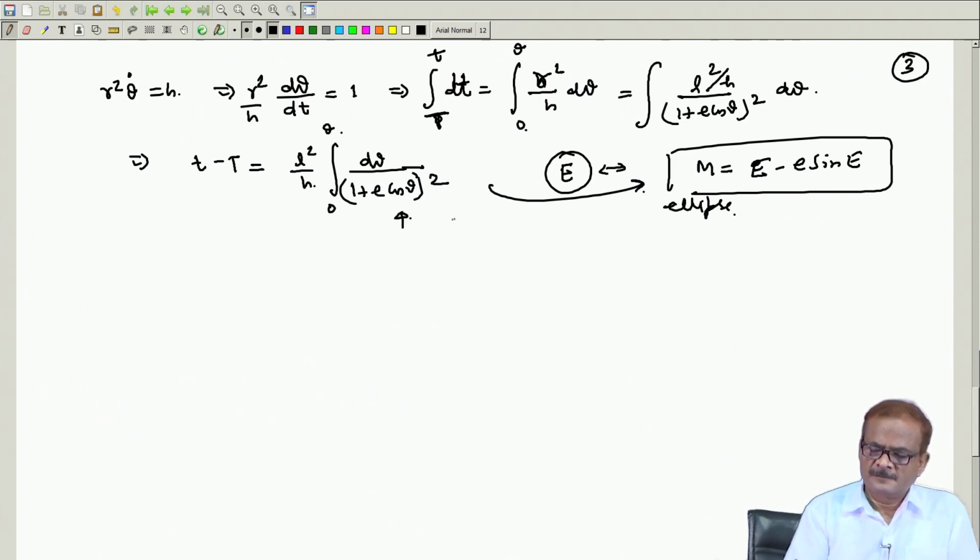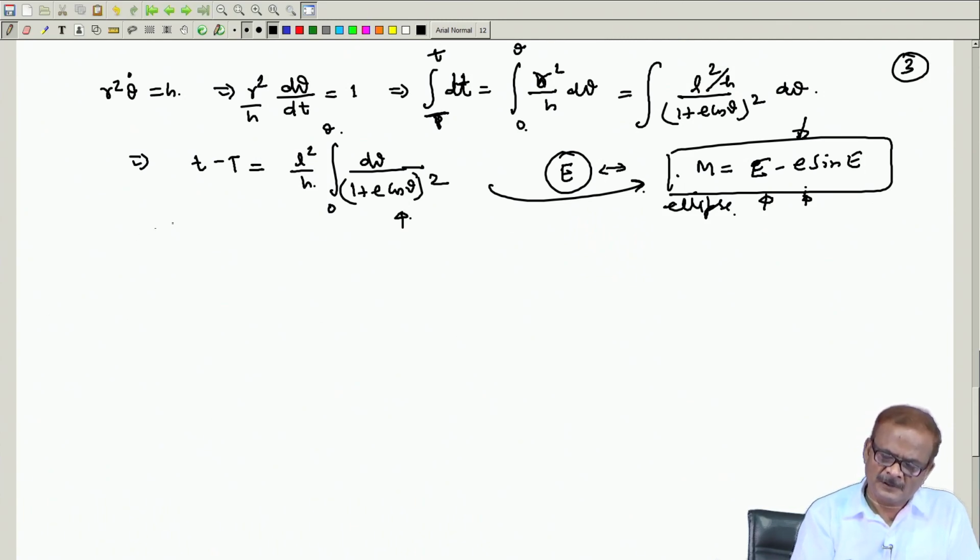Now, integrating this, there are some standard equations available in textbooks on integration. So, I will write that, and you can use that also, but this one was more elegant, and it showed finally, because our objective was also getting the Kepler's equation in this format, whatever we have written here. Okay. So, the process we followed was intentional.